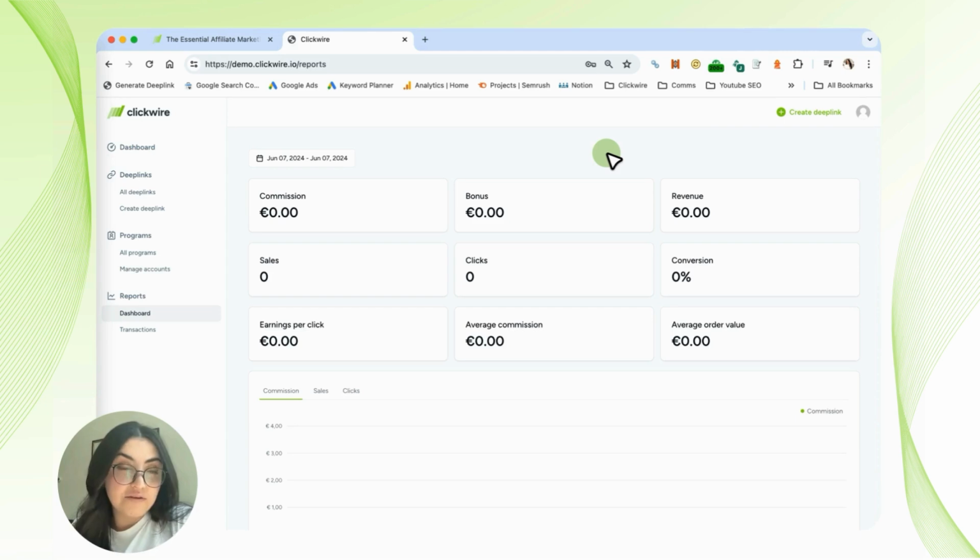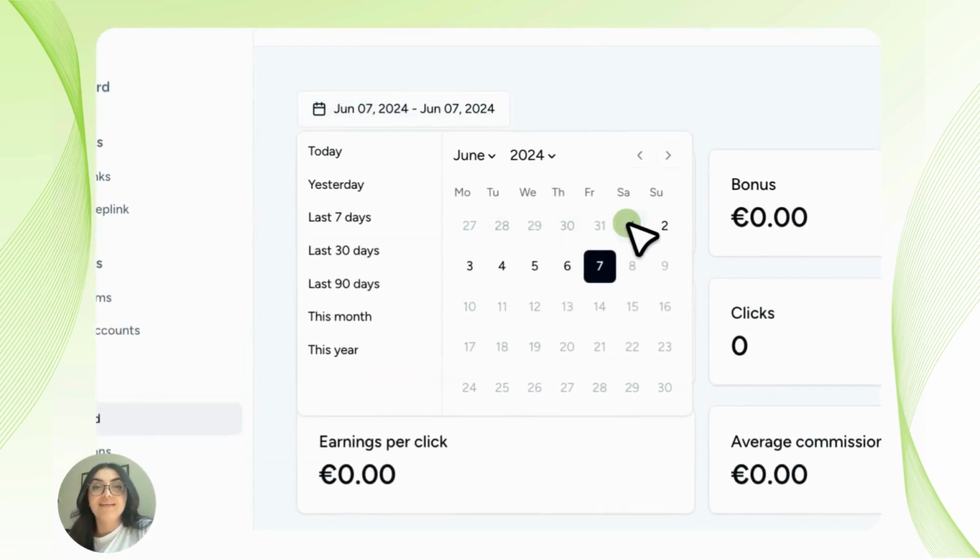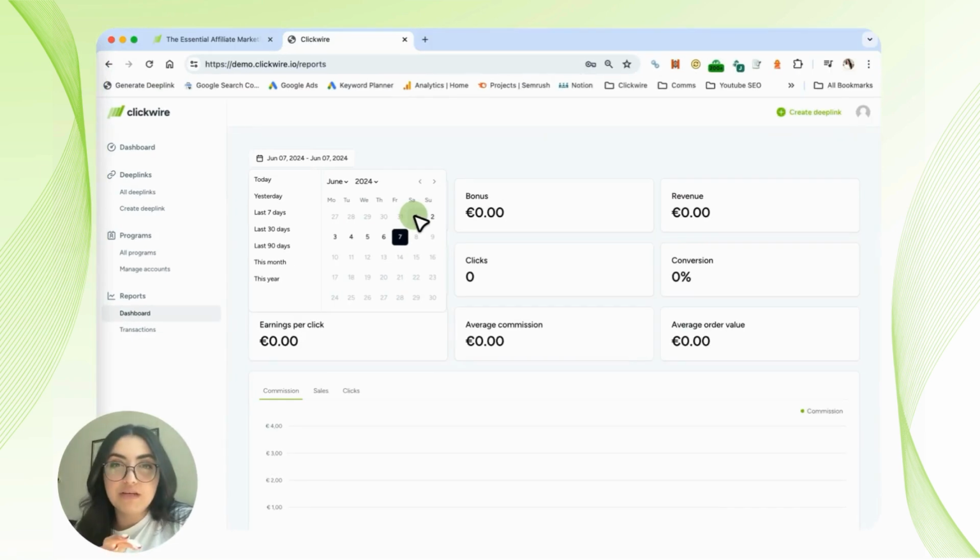So this time frame of this dashboard is customizable. If you click on it, you're going to be able to select exact dates that you want to see the information from. So you can generate reports and you can figure out if you did a special campaign, if that campaign worked for exactly those days or not. This personalization of the date is going to allow you to go even deeper into all of this data, and you're going to be able to use it in your benefit to improve your campaigns.